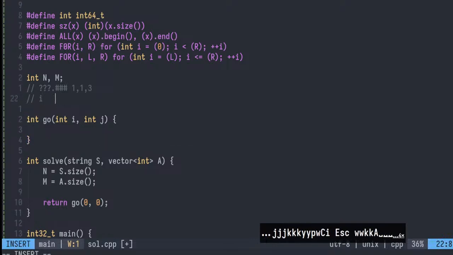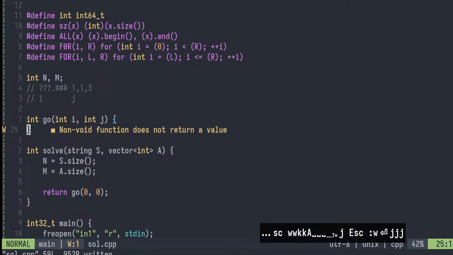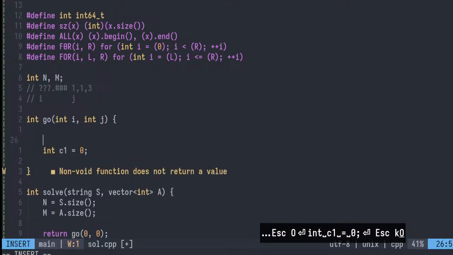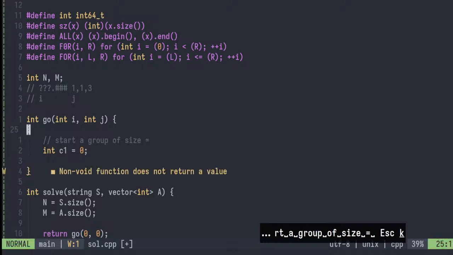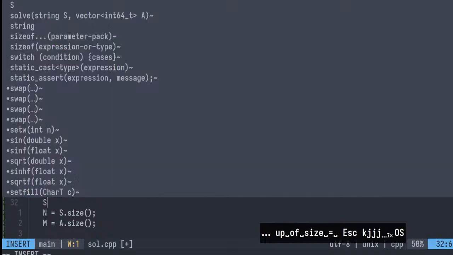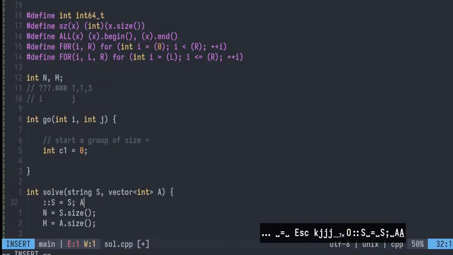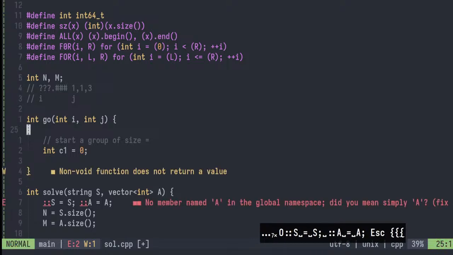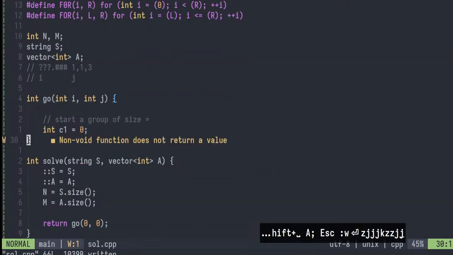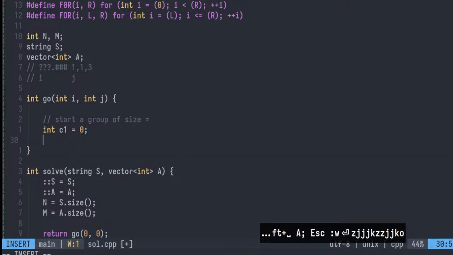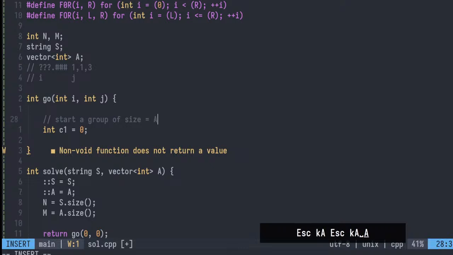Index i, index j. We have two options, either to start a group of size equal to a of j. To do that,